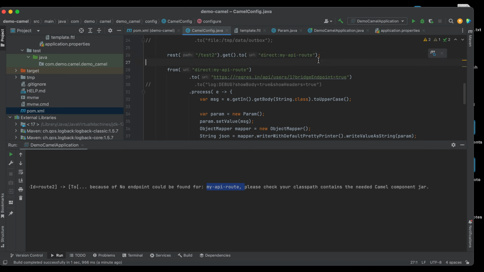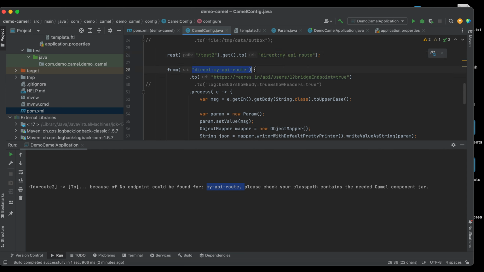All right, so now we can run this. Now we're telling the Apache Camel framework, I want to expose this REST endpoint, test2. Once the user hits this endpoint, it will be redirected to this direct component endpoint, which is my API route, which is this one.